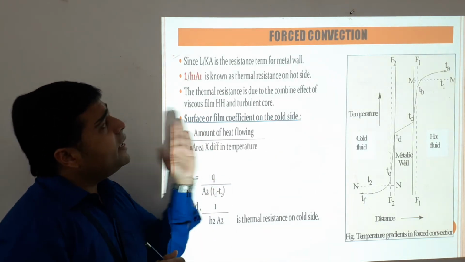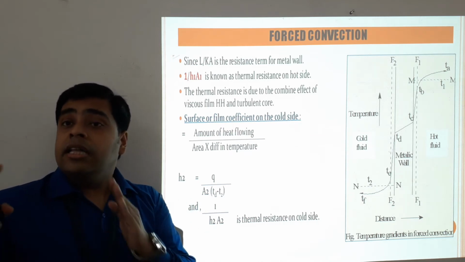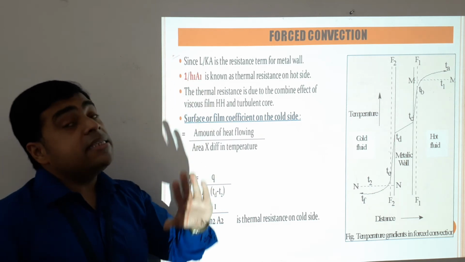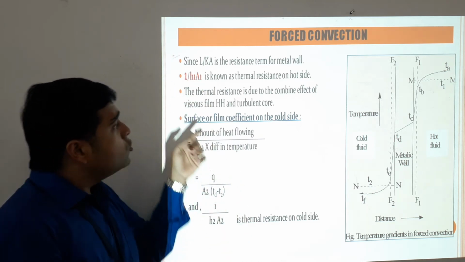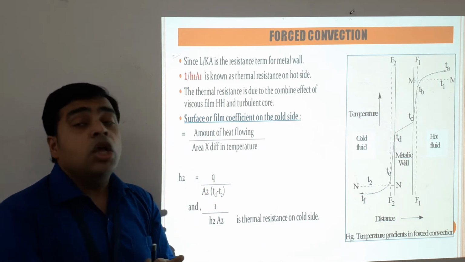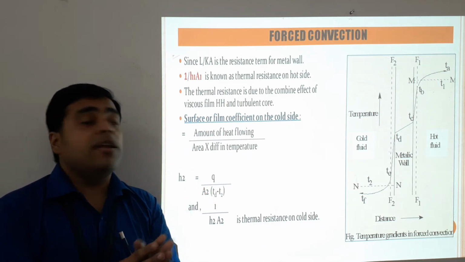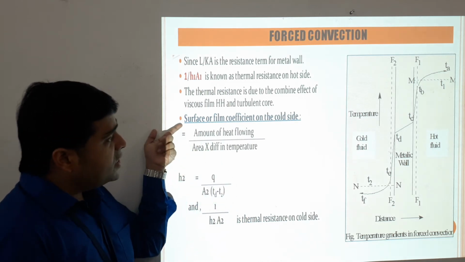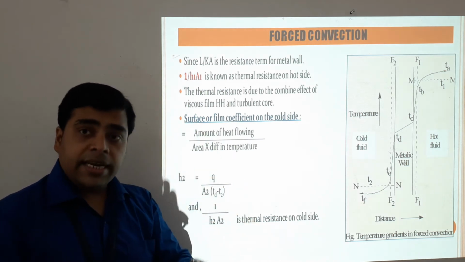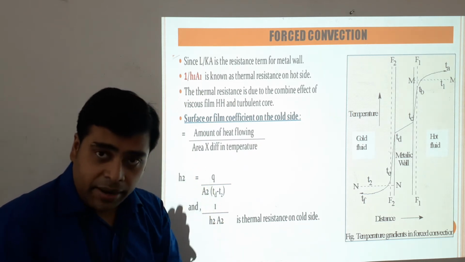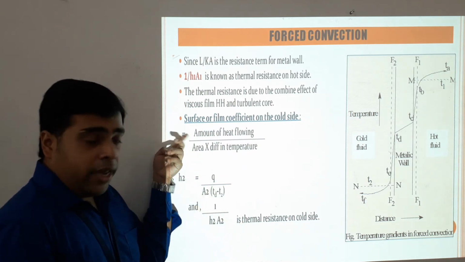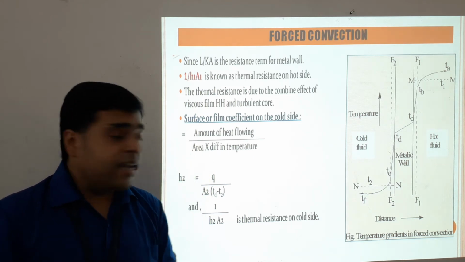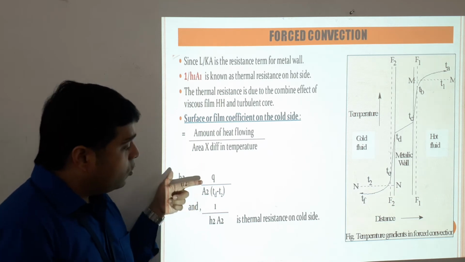Since L divided by K is the resistance for the metal wall, now 1 per H is known as the thermal resistance, that is to be considered also. So the thermal resistance is due to the combined effect of the viscous film and the turbulent core. So the surface or film coefficient on the colder side can be determined as the amount of heat flowing divided by the area into the temperature difference, or in other words H2 is equal to